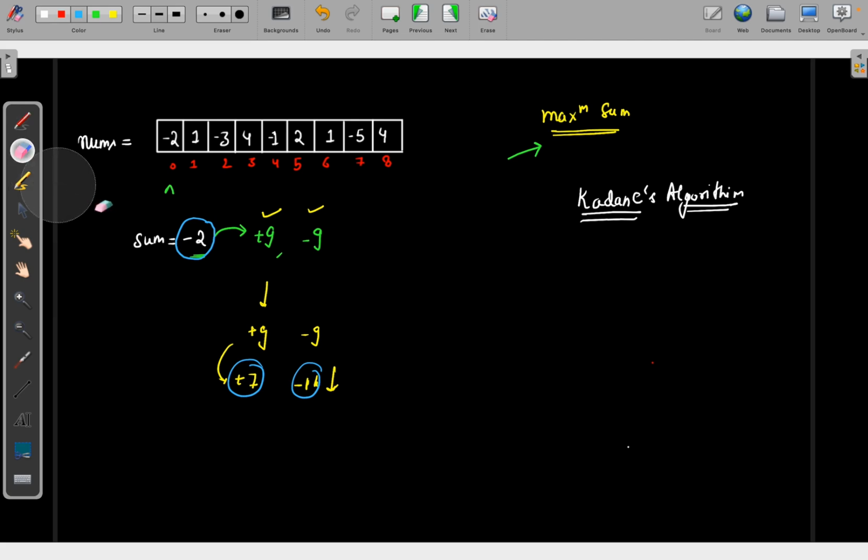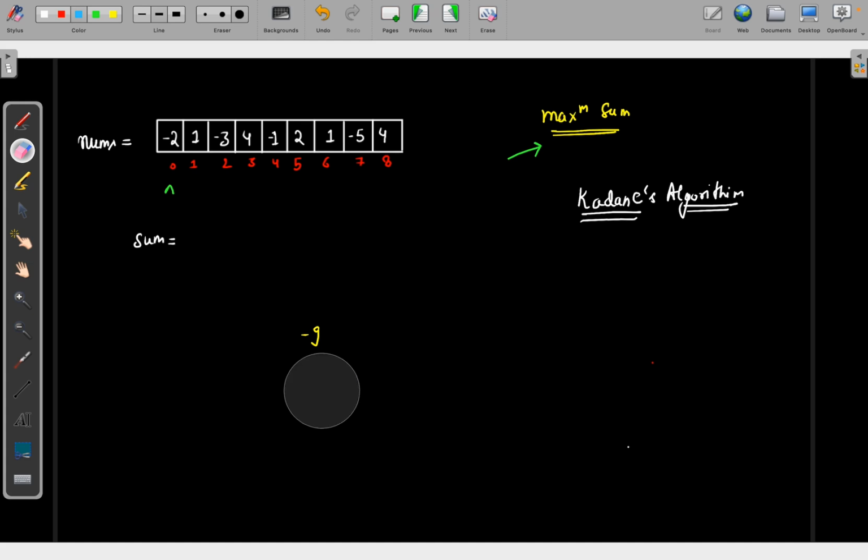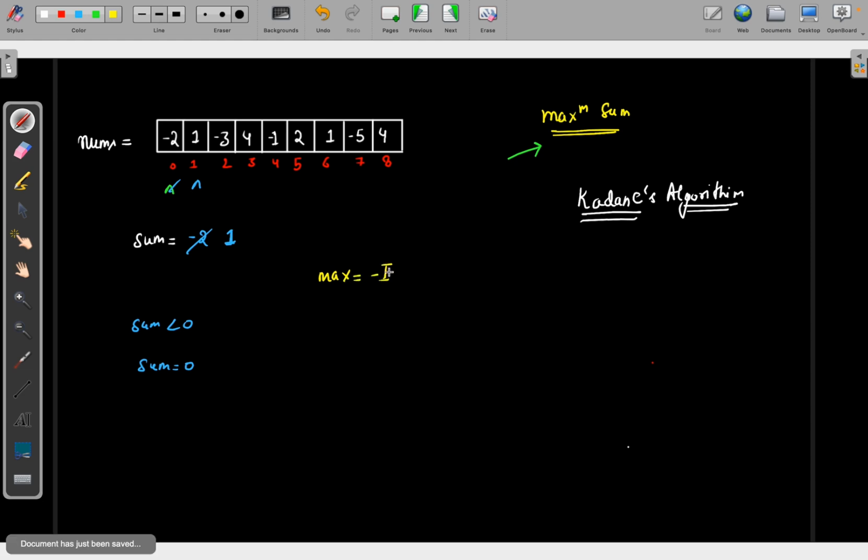Let's take +1, okay? So basically, you got the sum, right? You took -2 and you checked it, is your sum less than 0? And yes, it is. So what you are doing, you are again starting your sum with 0, okay? Simply fresh. So now sum is 0. Now you are taking the next element, that is 1, okay? Now 1 is greater than 0. So you will update, you will take one maximum, okay? Suppose your maximum starts with -infinity, so -infinity and 1, which is greater, 1, so you will update with 1,